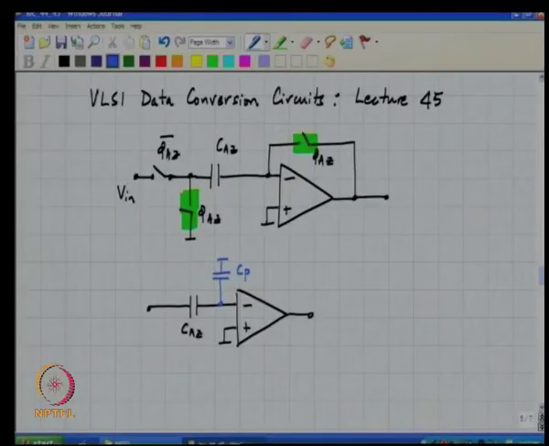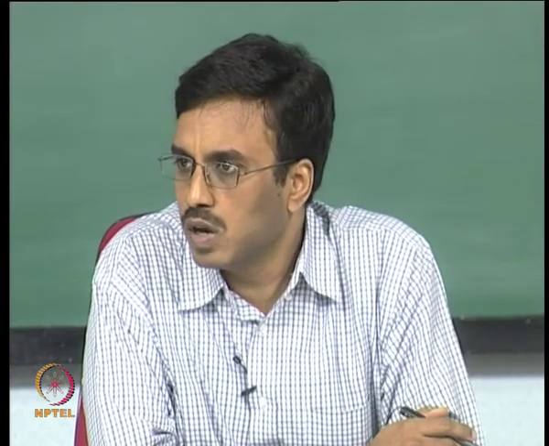trade offs vary, but one thing can be said, that if you want to charge a larger capacitor to the same voltage in the same time, it means that a larger amount of charge must be deposited on this capacitor, which in turn means that current somewhere must be larger. Okay. So, it is appropriate to choose CAZ not to be so large as to make it difficult to charge, nor so small as to make this input signal smaller across Cp because of this finite attenuation.